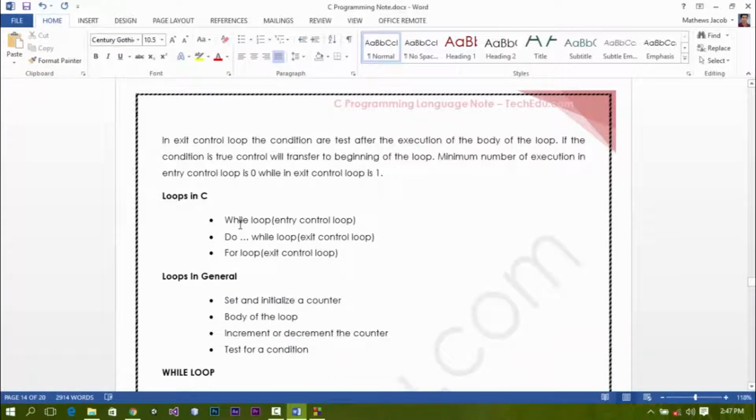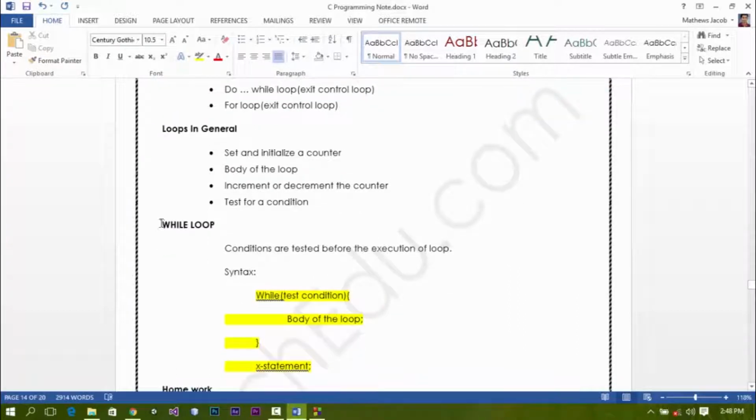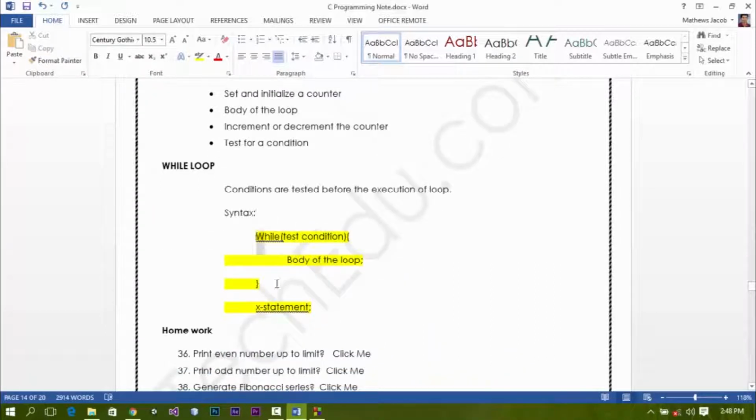Loops in C: while loop, entry control loop; do while loop, exit control loop; for loop, entry control loop. Loops in general: set and initialize a counter, body of the loop, increment or decrement the counter, test for a condition. First we can see the while loop. Syntax: